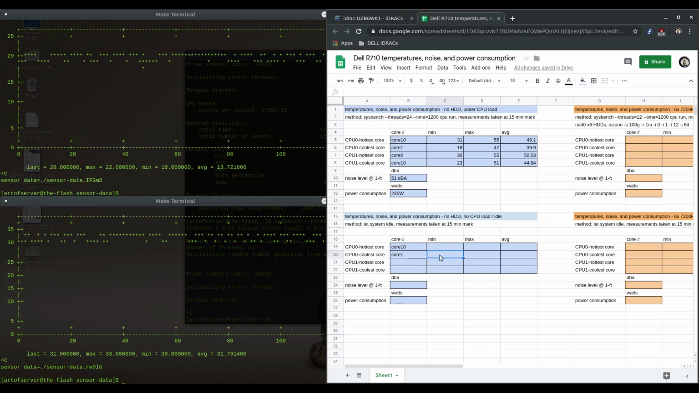Let's see, the minimum was 18 degrees, max it fluctuated at idle, I guess between 18 and 22, averaged around 19.72. Alright, and then for core 10, which is the warmer core, we have a minimum of 30 degrees. Wow, that's a pretty big difference between the warmest core and the coolest one, the 12-degree difference. I don't really know what's up with that, but that's what we're seeing here. And so anyway, it fluctuated between 30 and 33 degrees, averaged at